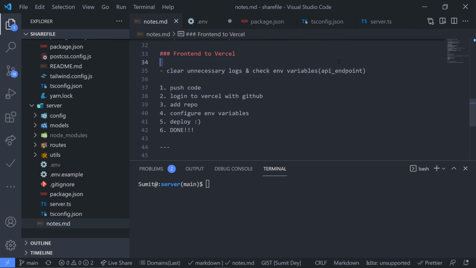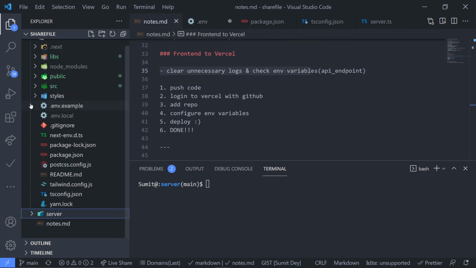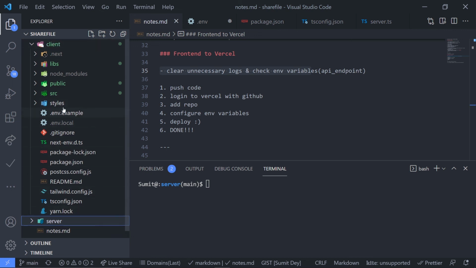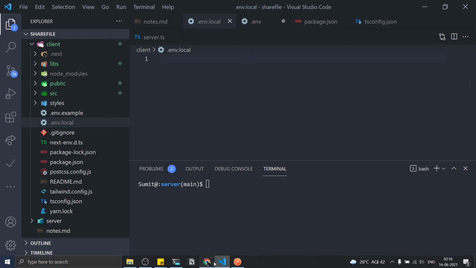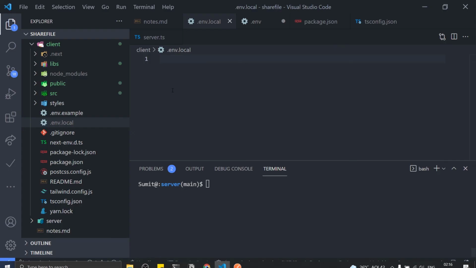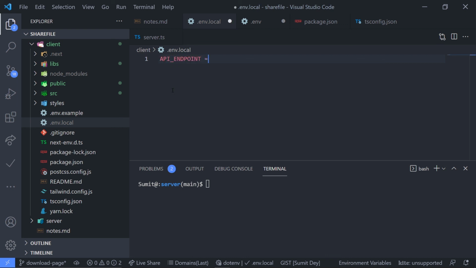Clear the unnecessary logs and check the env variables. Again, just go to client. Okay, again just remove all the unnecessary logs, and then just see this env.local. Okay, I don't have any variables, right? But we need to put the base endpoint of the API. So for that, let's grab the base endpoint. Let's go to the URL and copy this https://whatever-crbackend.herokuapp.com/. So let's grab this and create a new variable, something like API endpoint, and put it here. You know what, just make this API base endpoint,